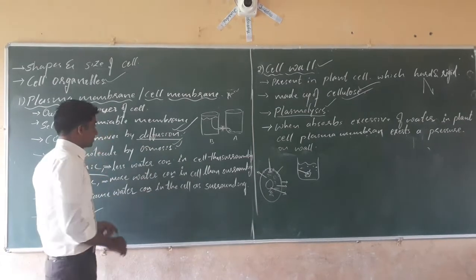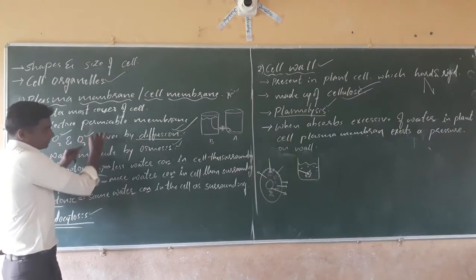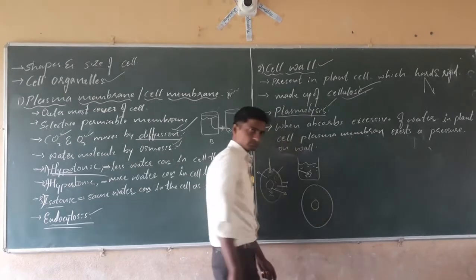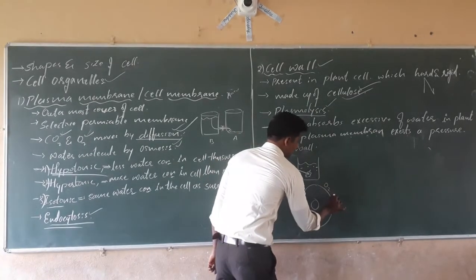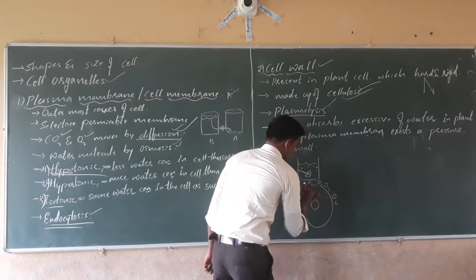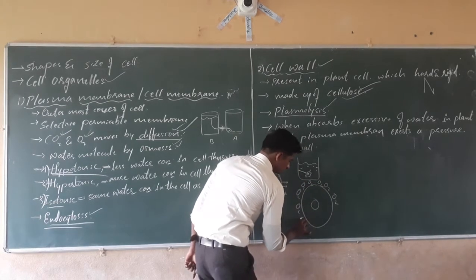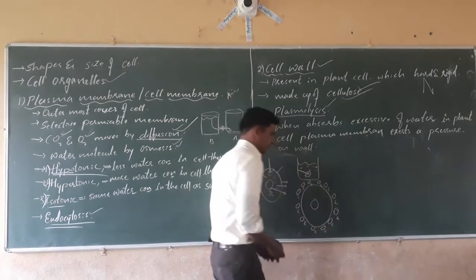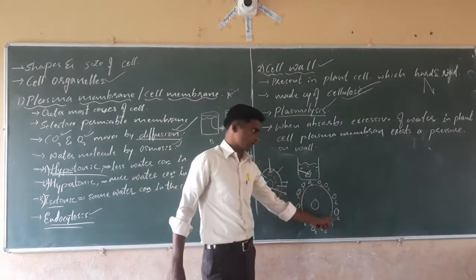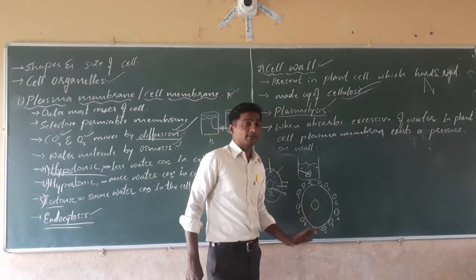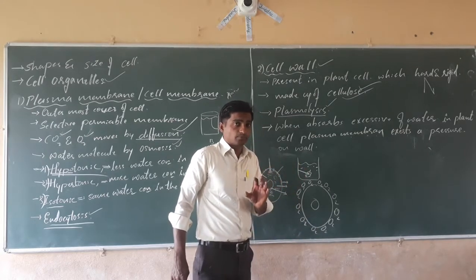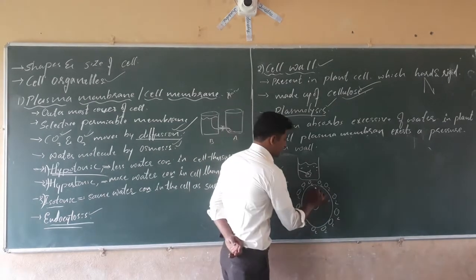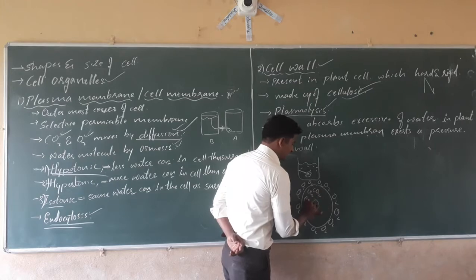Next, carbon dioxide and oxygen. See, the cell needs oxygen. If it is present outside the cell in the surrounding, oxygen concentration is more. Suppose, for example, in the surrounding of the cell, more oxygen is present. In the cell, what happens? First the cell takes oxygen. With the help of this oxygen, a number of metabolic activities go on. With these metabolic activities, the cell produces carbon dioxide and other waste materials.